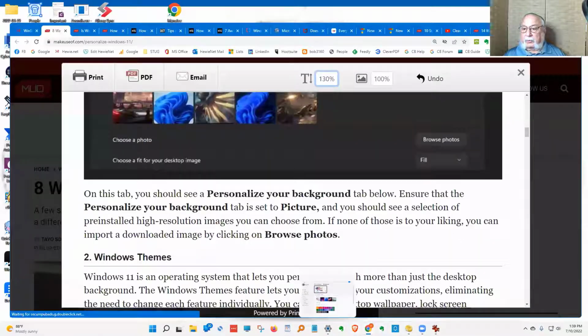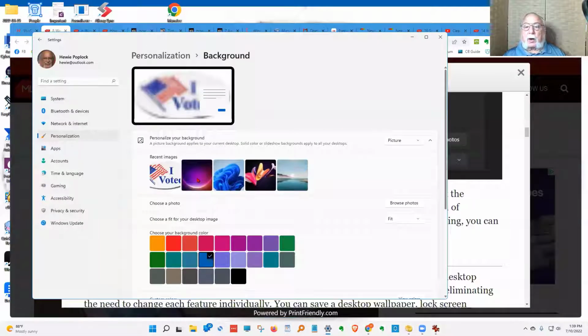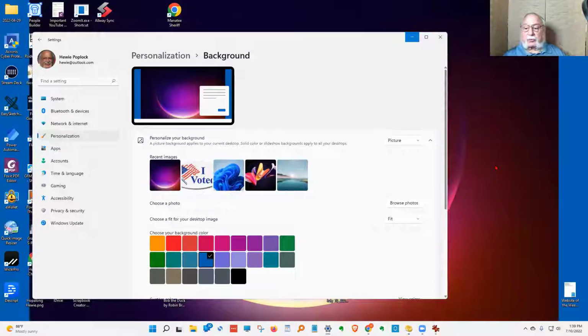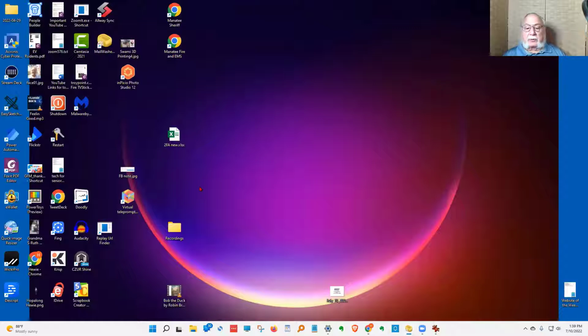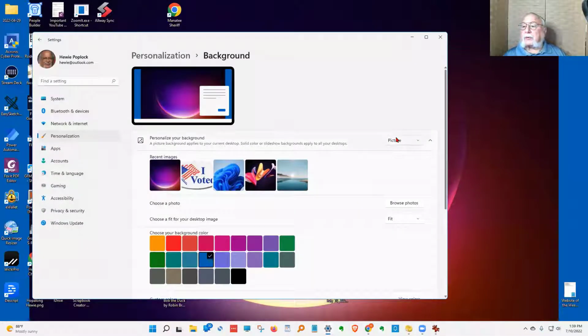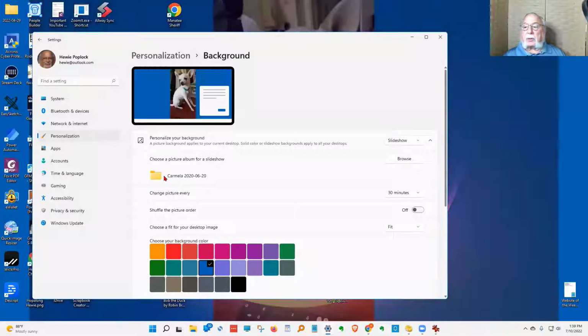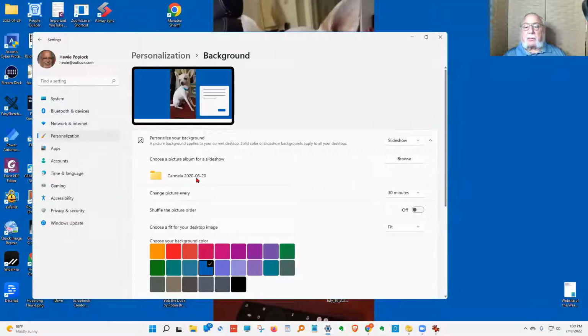Let's see, this is settings we were looking at. You can put any picture you want, so you can take one of the ones that Microsoft puts up, and we'll do that. And so you can get a nice picture as well. And you can also, bringing back settings, set this up to be a slideshow, and you can find a folder and then say, okay, make that whole folder what I want to use, click on that, and then